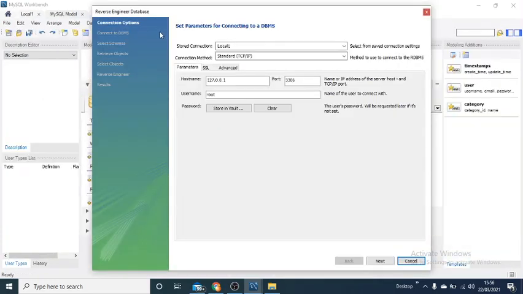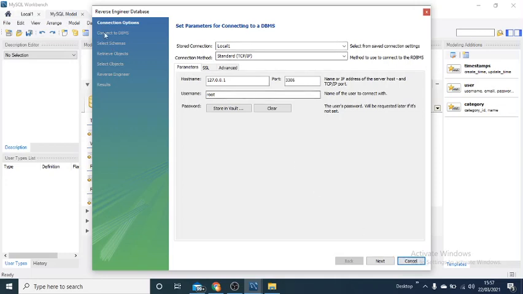If you click it, you will see this navigation, and it is going to guide you through how to connect to the RDBMS server, and then from there you select a schema, and from the schema it is going to automatically generate a beautiful ER diagram. How it will do it, let's see.